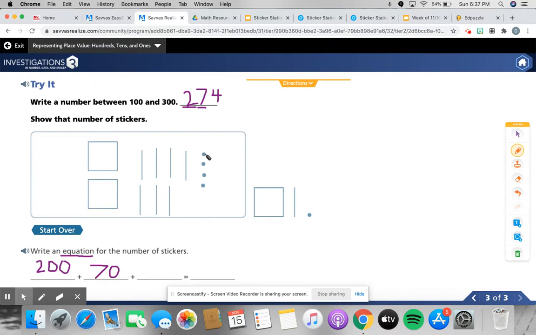And then if I count my ones, they're just 4. I just count those by 1. So 200 plus 70 plus 4 equals the number 274. So now I'm going to share with you guys what you are going to do for your activity today